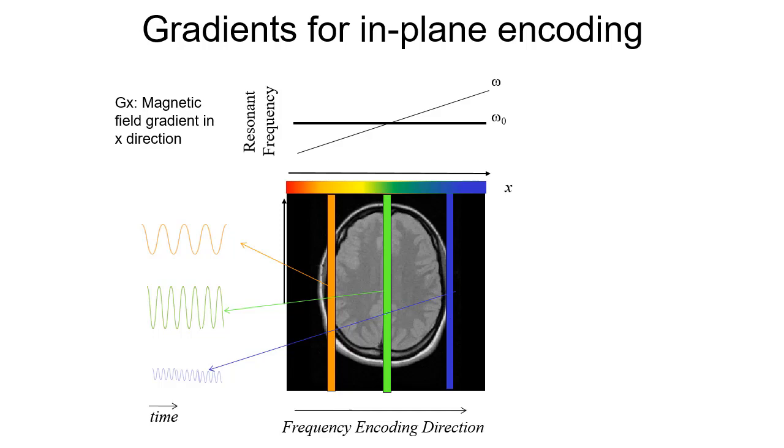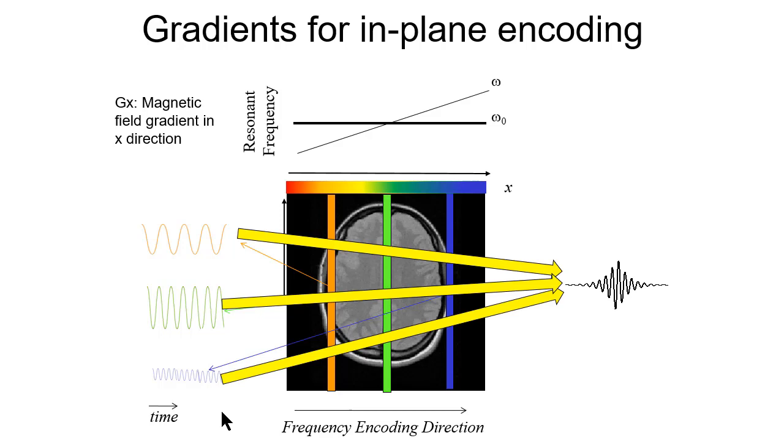But of course, we don't detect those signals individually. We're always detecting the bulk magnetization, so that's going to be the simultaneous sum of all of these together, and that's what comes out to be an echo. If we Fourier transform this, we're going to get the frequency content of this signal, and then what that gives us back is essentially a density projection